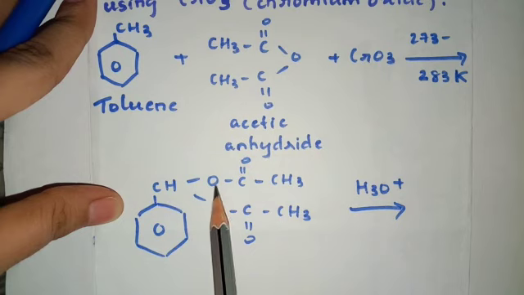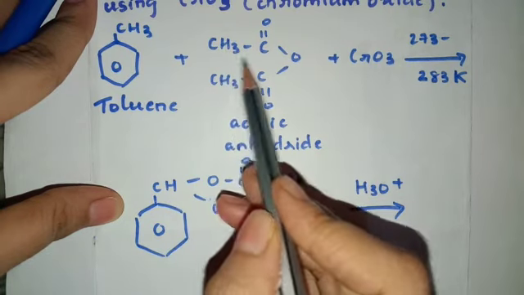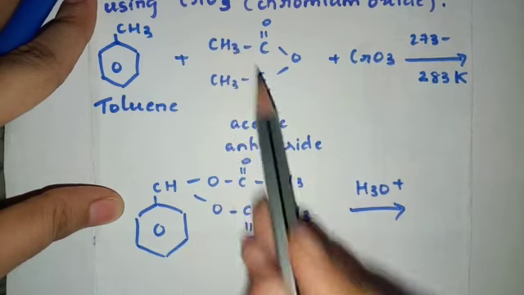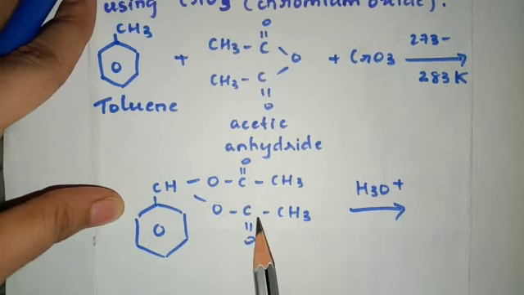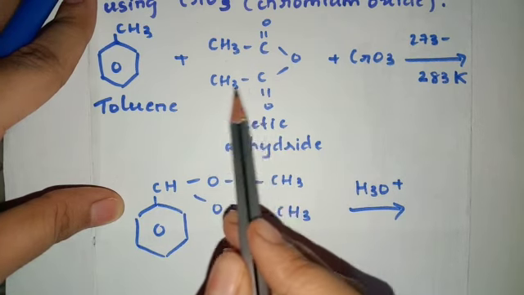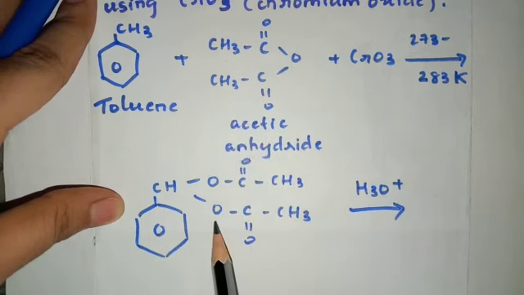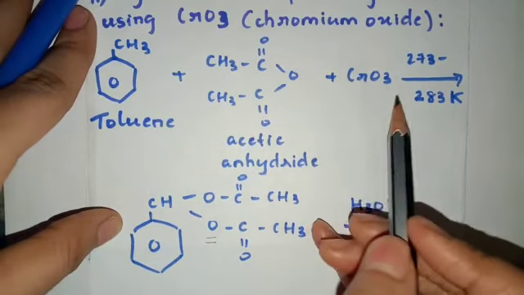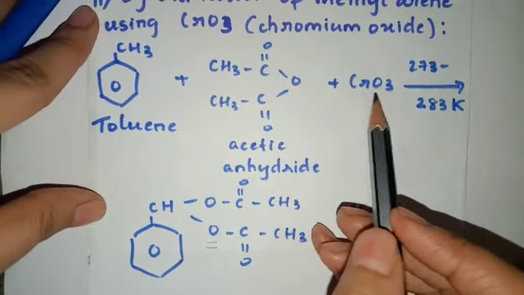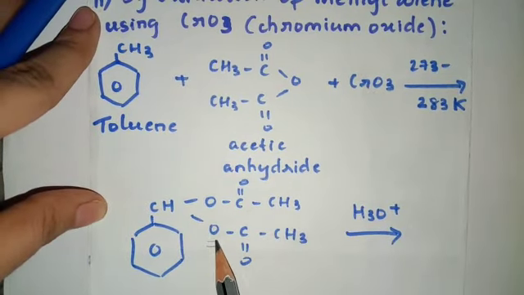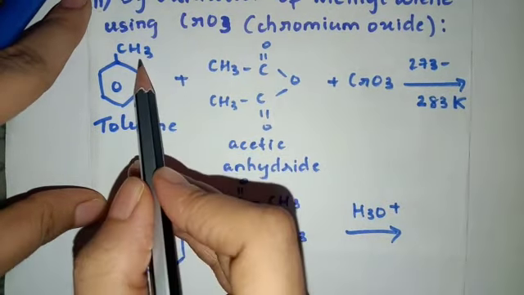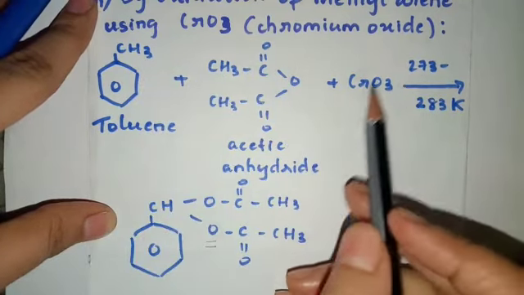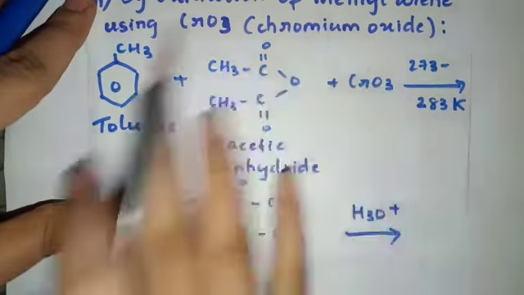Here on one bond you have OC double bond O CH3, which obviously you all will obtain from here. Okay, OC double bond O CH3, and you all have a second bond with the same structure, OC double bond O CH3. Now C double bond O CH3 you all will obtain from here. The question is, where did this extra oxygen come from? Okay, so this is obtained with the help of chromium oxide. Alright, fine. Chromium oxide, you all can obtain this extra oxygen, and the two hydrogen atoms that come outside, they may form some byproducts inside the reaction.